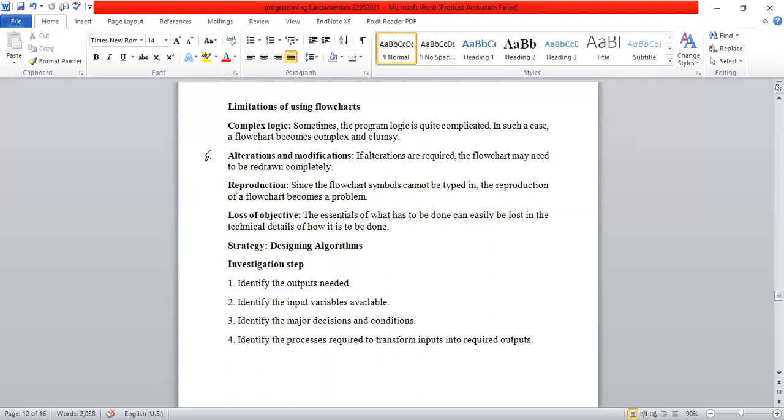After that, we have strategy for designing a specific algorithm. That is very important. If you just try to understand the specific strategy and follow it, you can design very good algorithms, and good algorithms always work. As we already studied the investigation step, here we have the details of the investigation step. First, we have to identify the outputs needed, what we want to achieve,